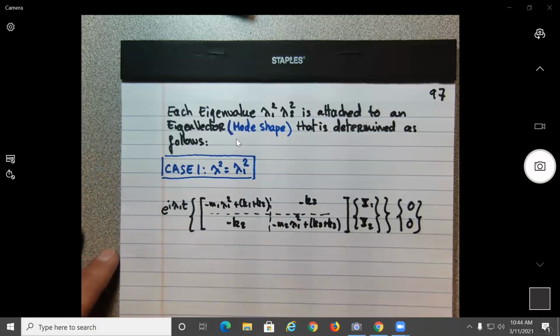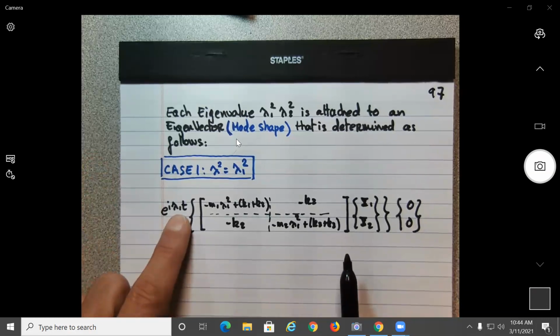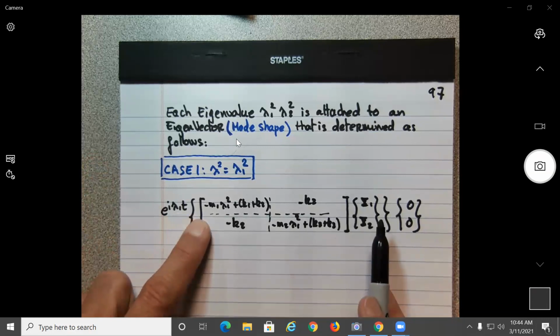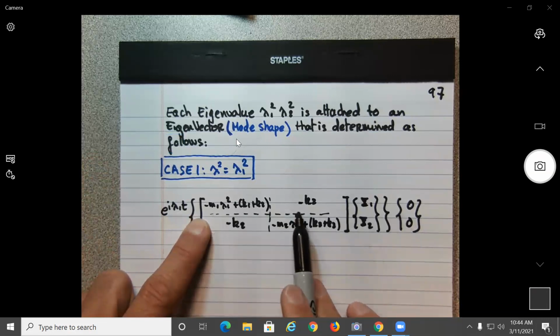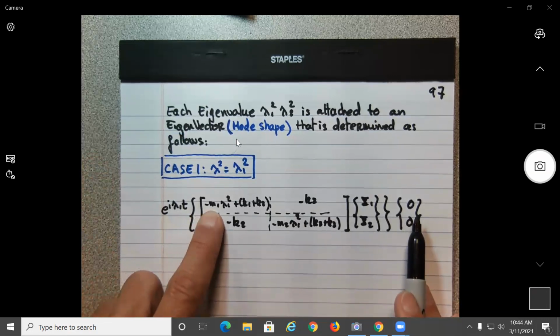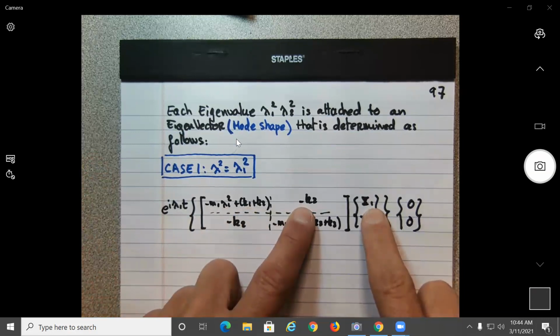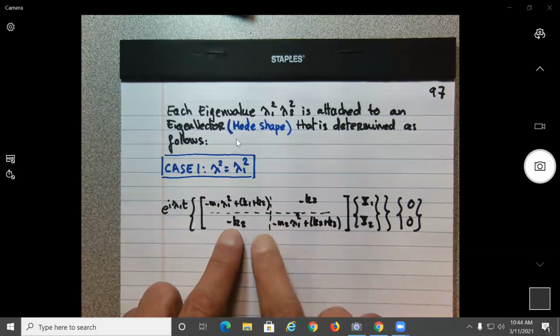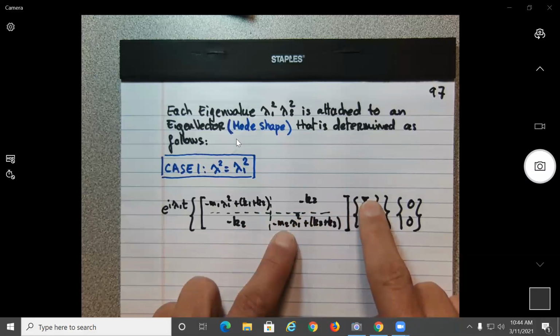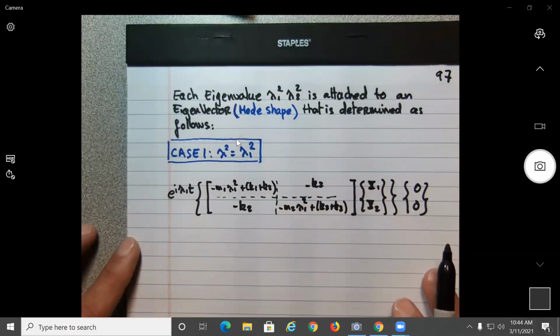Okay, so we need to have this satisfied. Since this system needs to be valid, this is now moving, so this is valid for any time t. In order to have this equal to 0, what do we need to have? If we look at the top equation, you need to have minus this term here times capital X1 minus k sub 2 X2, these two should be equal to 0, no? Or you can do the same thing with this one, minus K2 x1 plus this one should be equal to 0. So that means that